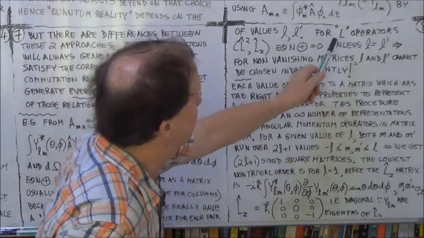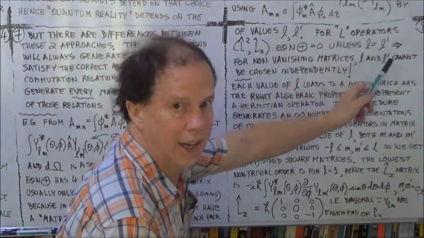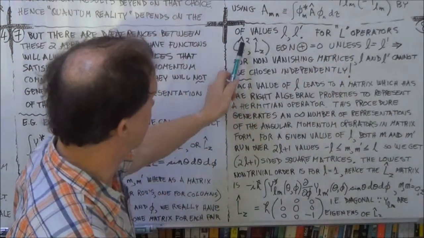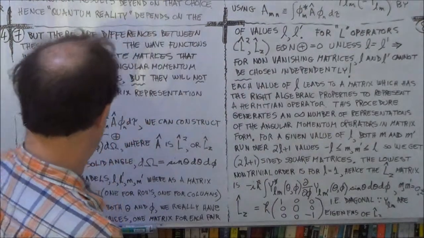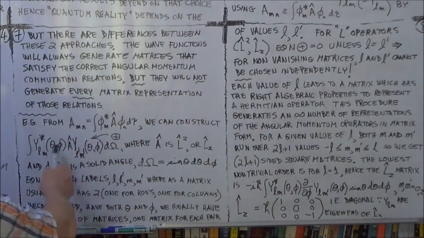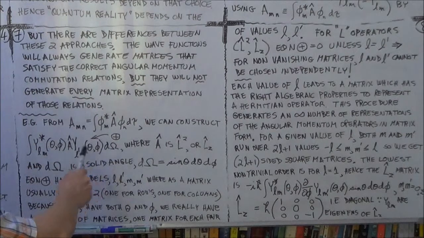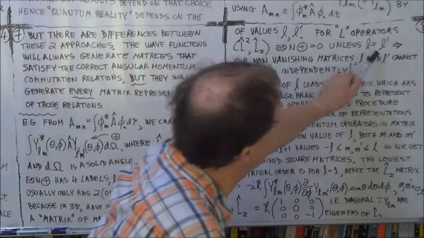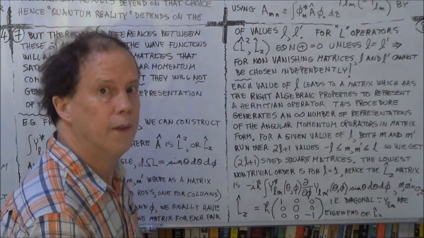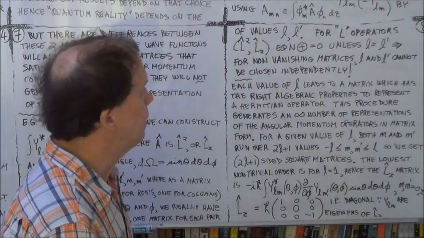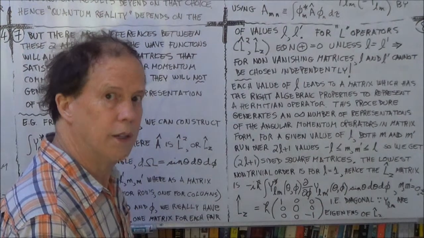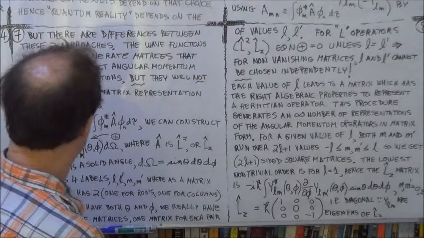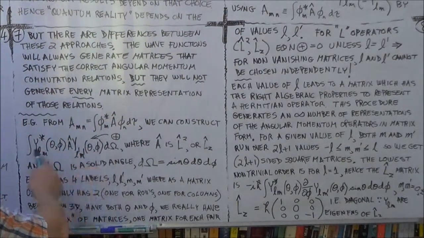For your operators A hat, if they are angular momentum operators, L squared or LZ, then this integral turns out to be zero unless L and L dash are equal. So effectively you've now gone down to three parameters, because this representation here now just becomes